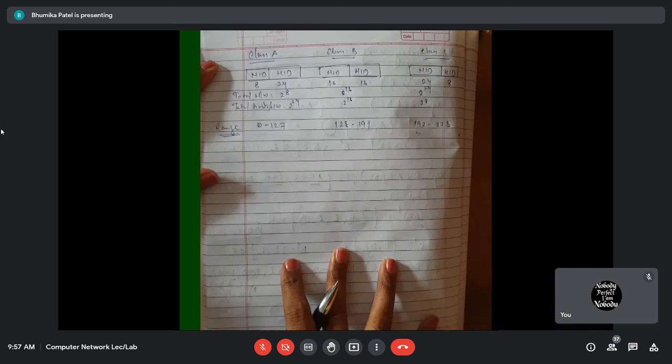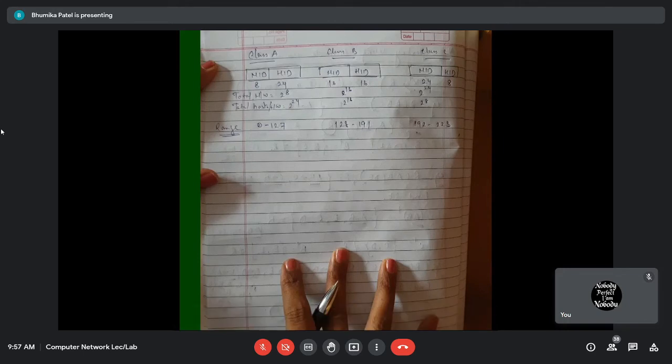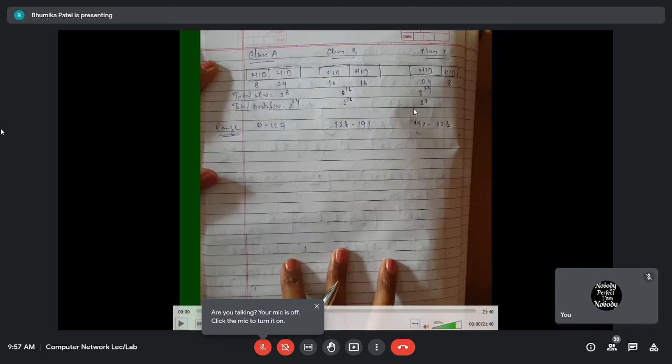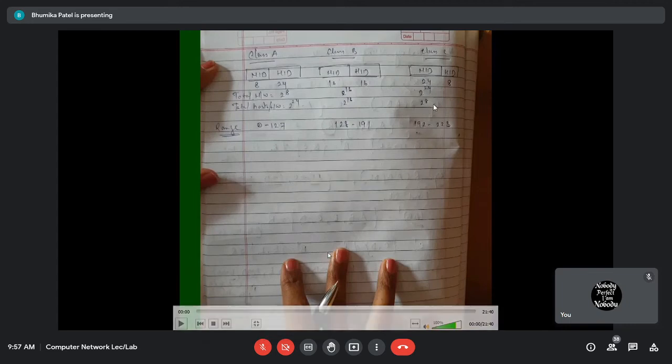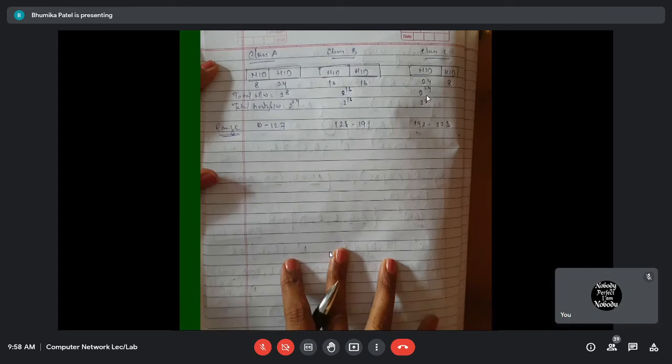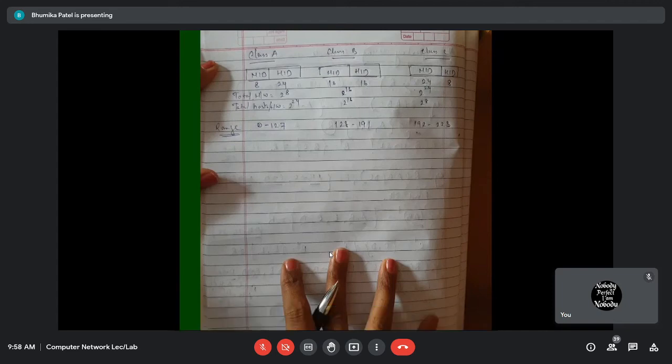Now today we will see. In the last lecture, I think I have already told you that if we are buying a network, whether it is Class A, Class B, or Class C, for example Class C, suppose I'm purchasing 2 raised to 8 IP addresses of Class C, any one network of Class C. If I'm buying one network from Class C, then how many IP addresses will I be getting? That is 256 IP addresses I will be getting from the ISP, right?